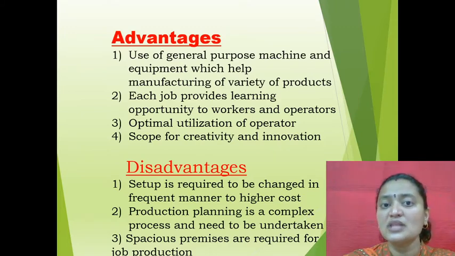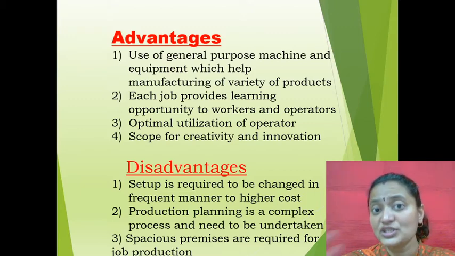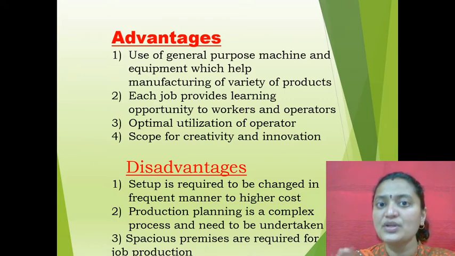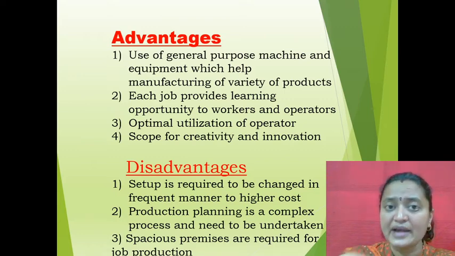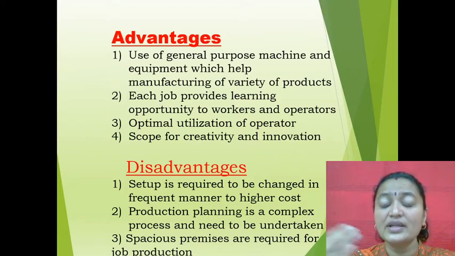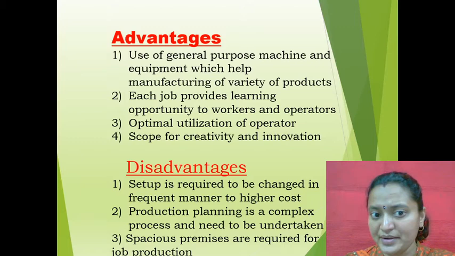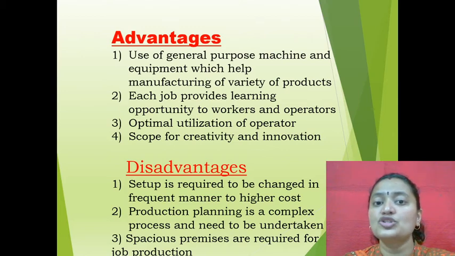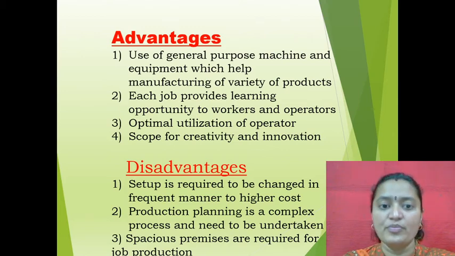So based on that, for manufacturing different kinds of products, suitable machines have been required. It means this kind of machine can handle this kind of work. So in that way, different kinds of machines and equipment have been required. Then next you can see the next point, that is each job provides learning opportunity to the workers and operator,